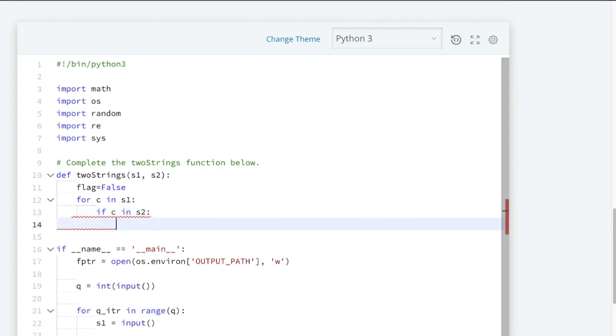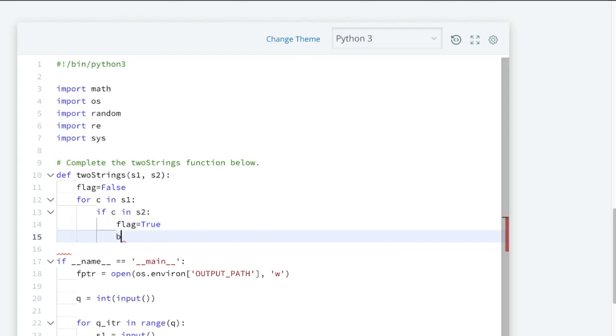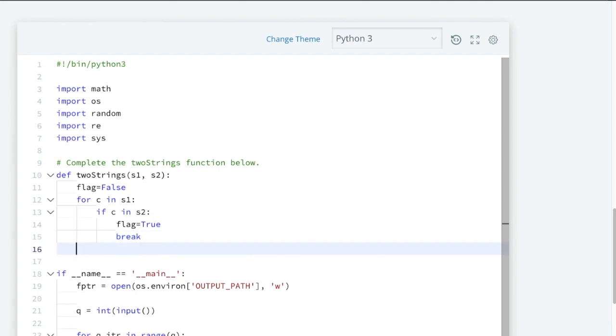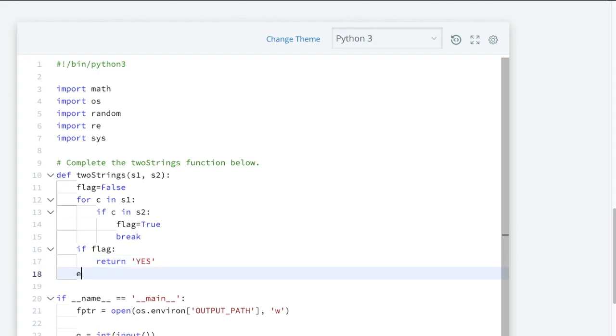If it is present, then we'll simply set our flag equal to true, and we'll simply break the loop, meaning we have got one value which is common in both strings. If it is not present, it will simply iterate with the next character. Now we will check if flag is true, then we'll simply return yes. Else we will return no.